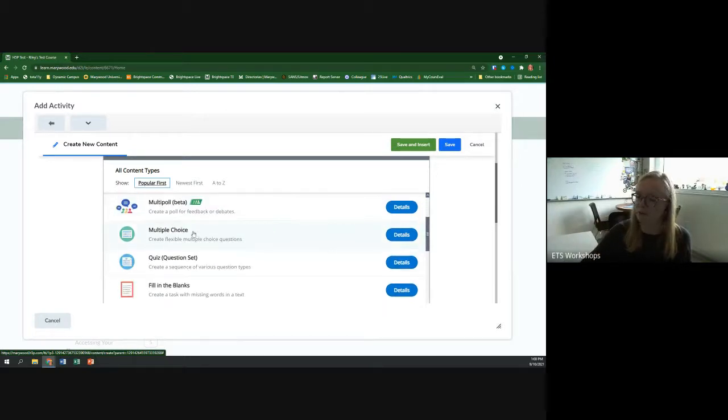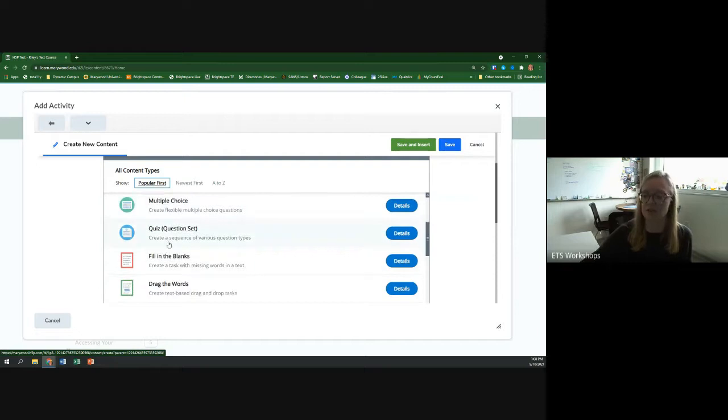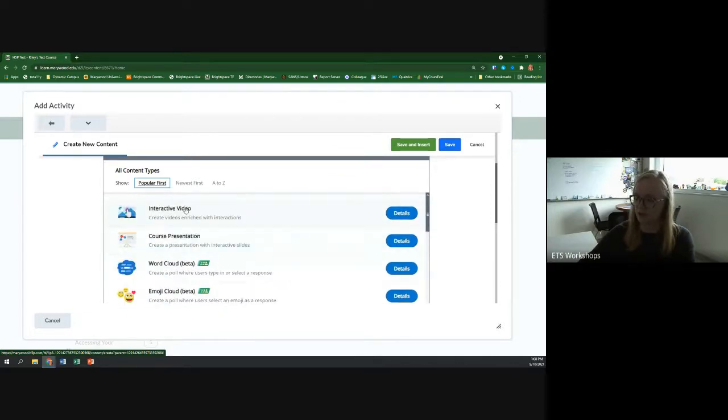We also have multiple choice questions. You could actually do quizzes in here, but H5P kind of touts itself as an informal sort of assessment. If you want to go that route, we will look at how to assess these or connect them to the gradebook, or even disconnect them if you don't want to, because it is kind of automatic. And if you don't want to grade them or have them in the gradebook at all, it's super simple to just disconnect them. So I think what I'm going to do first is an interactive video